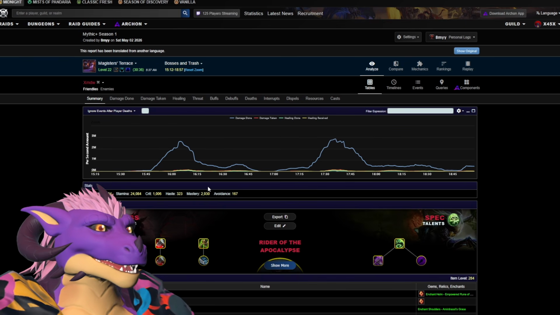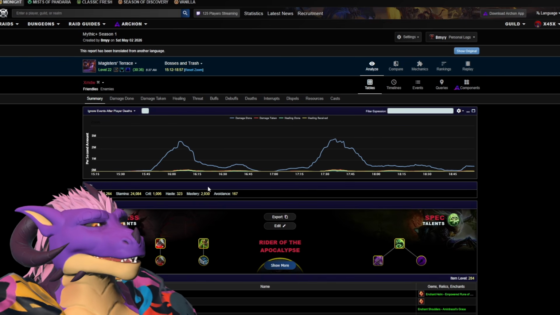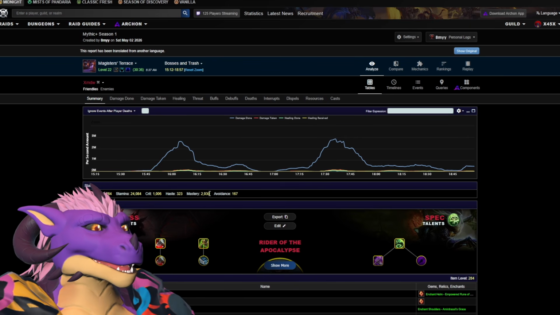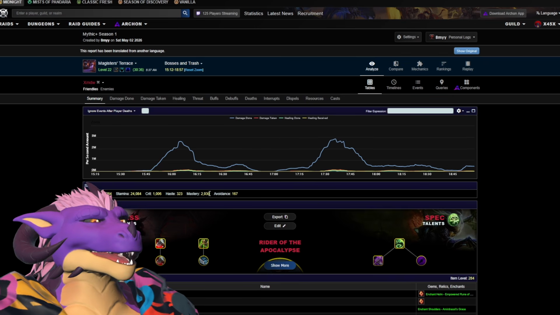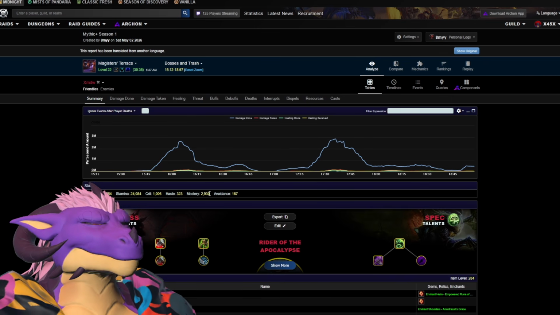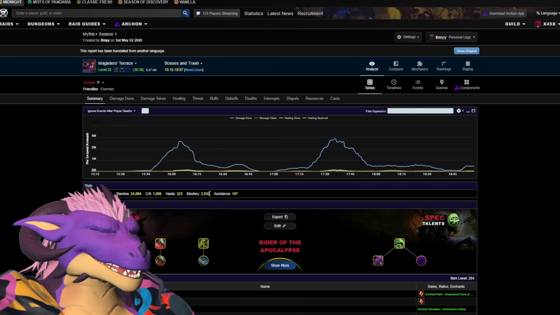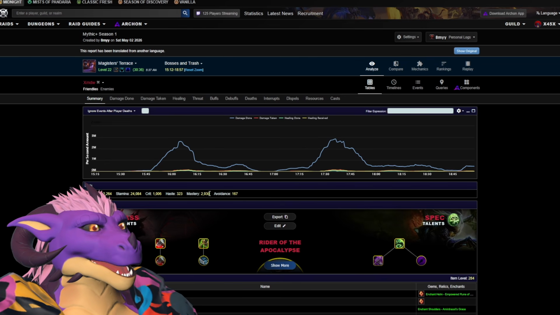If I'm in a 22, I'm probably doing similar damage due to the pulls, and then the rest will be the optimization of my gear and my stat weights alongside my play. So we're going to look at mostly the play side of this, but just be kind to yourself, right? If you're not in a 22, then comparing yourself to a 22 is a slightly unfair thing to do to yourself.